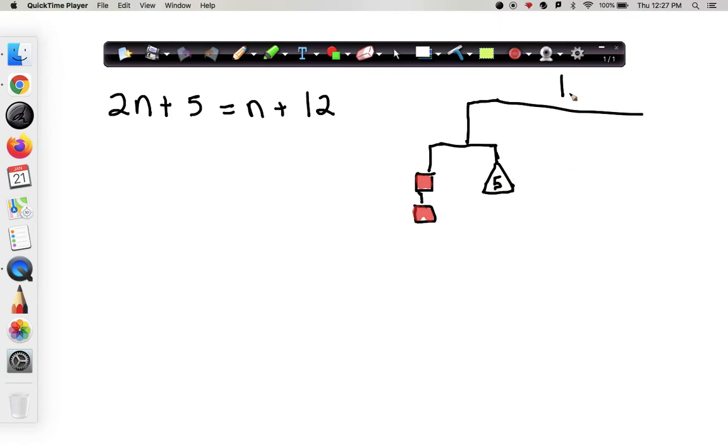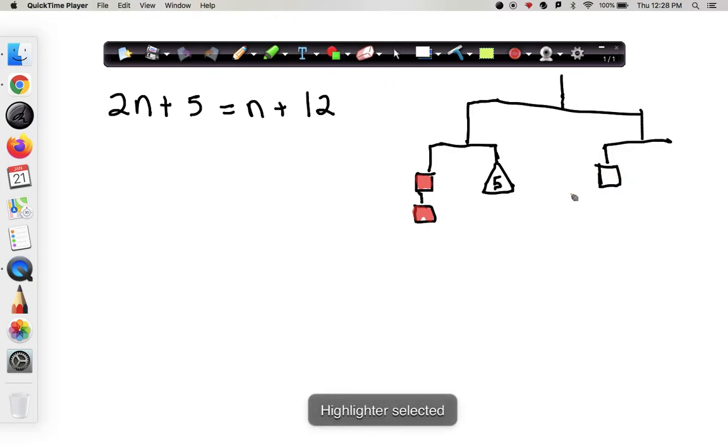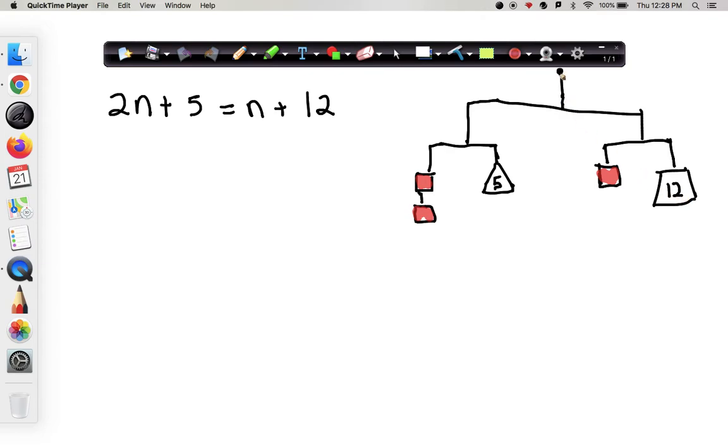And then on this side of our mobile, we had just one of those red shapes, same as this shape over here, and then a different weight that had a 12 on it. What we discovered today in class was that we could